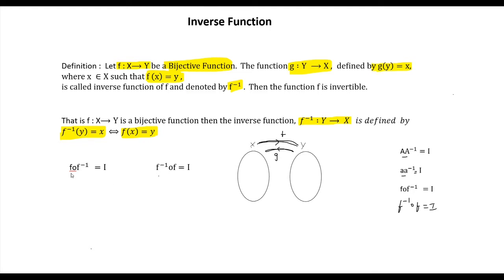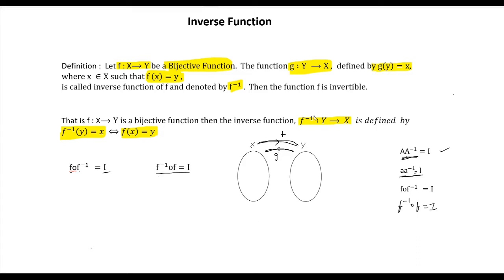If the composition of the function f and f inverse happens to be an identity function, and at the same time, f inverse circle f is also an identity function, in that case, we can conclude that f inverse is the inverse. In the matrices chapter, we had understood that if a matrix is multiplied by its inverse matrix, what we get is an identity matrix. In binary operation also, while learning the inverse, we had understood that any element multiplied by its inverse gives the identity element for that binary operation on that particular set. Similarly, in this case also, f circle f inverse is an identity function, and f inverse circle f is again an identity function.